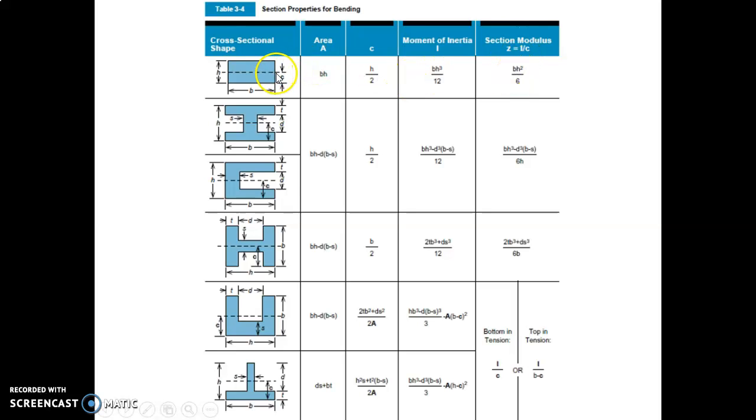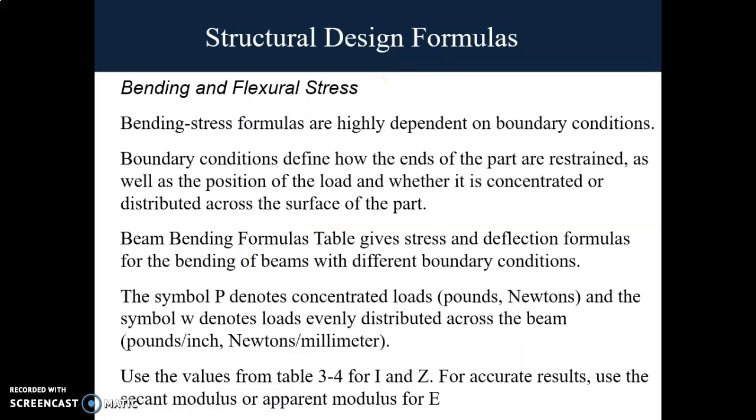Okay, dash line is the cross sectional diagram denotes the neutral plane ataupun neutral axis. So the formula assumes the bending moment is applied about this axis. So the cross sections that are not symmetrical about the neutral axis require some substitution of A and C to calculate I and C. Okay. So bending stress